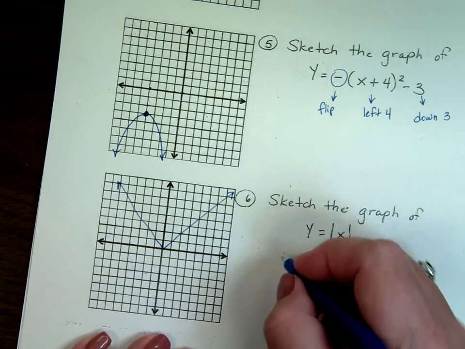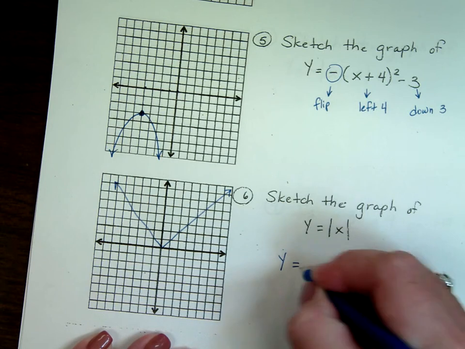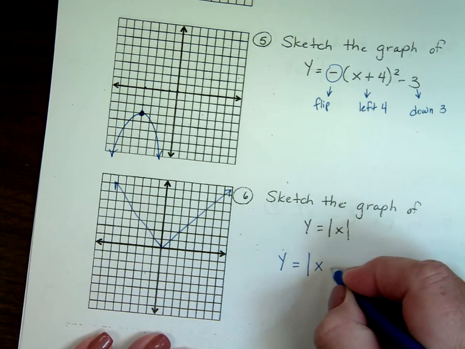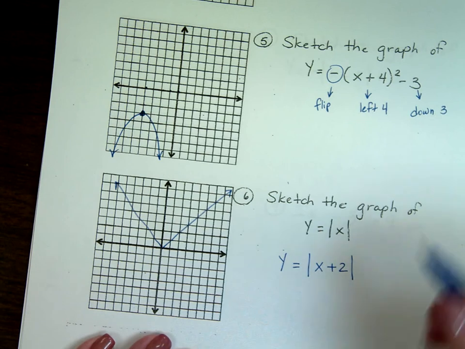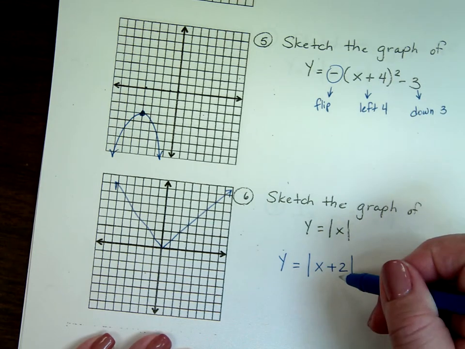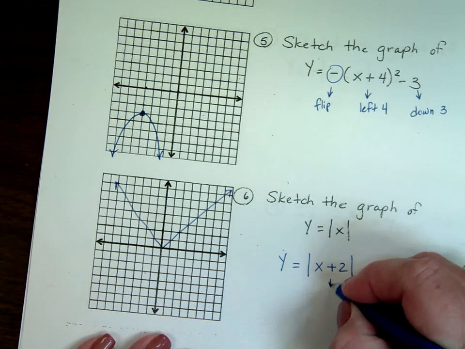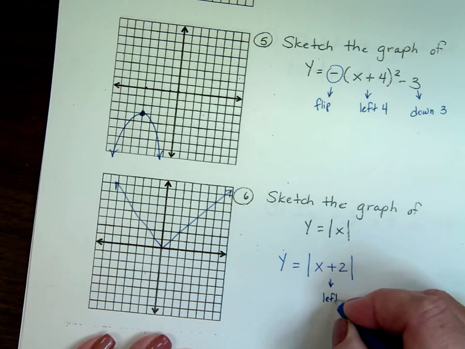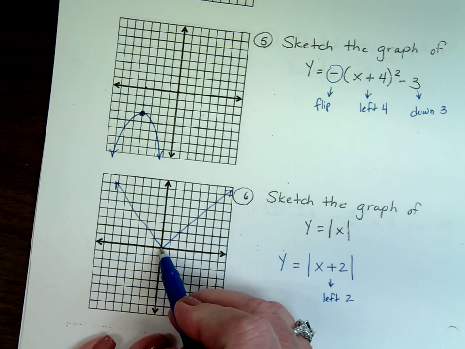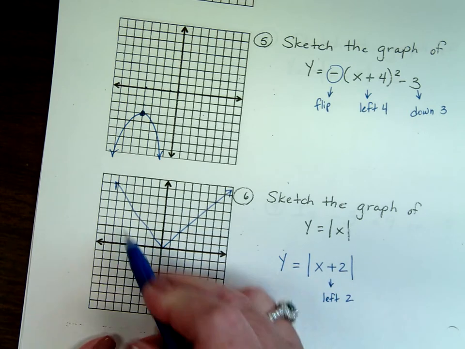So say, for example, I had this, y equals the absolute value of x plus 2, all in the absolute value sign. It works the same way as it did with parabolas with the parenthesis parts. So this guy here would actually be moving it left or right, and if it's a plus sign, it's left 2. So I would take my V and I would come over here left 2,